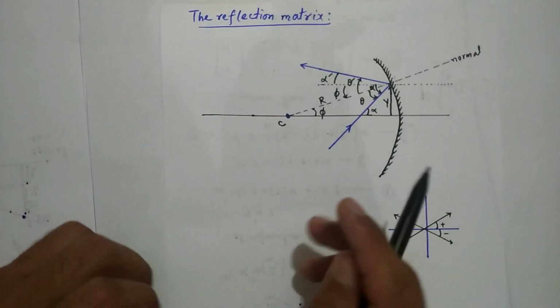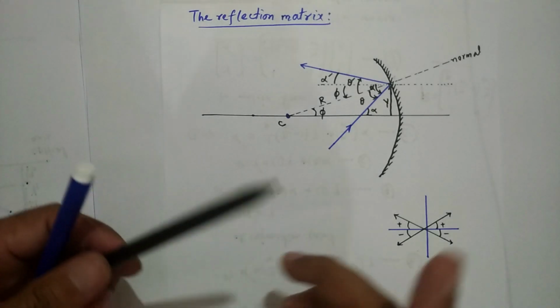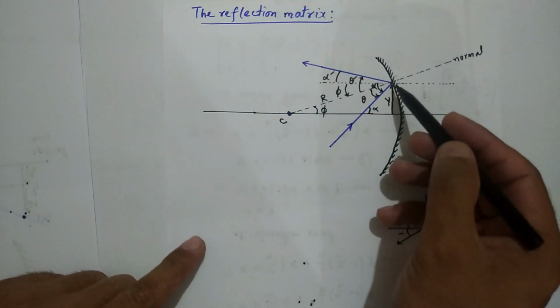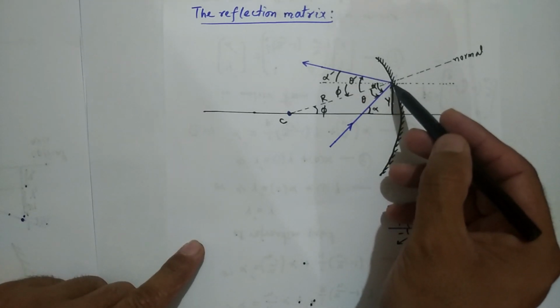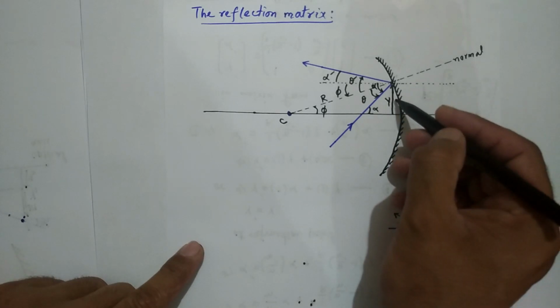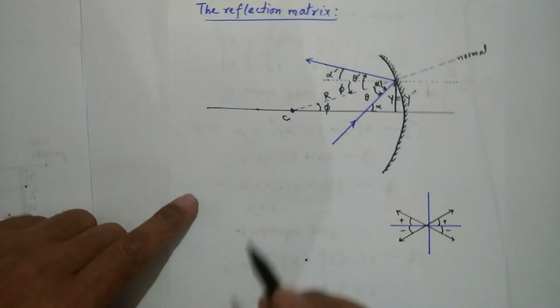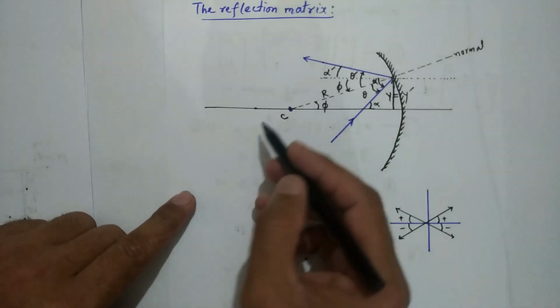Now we are going to find the final coordinates, which are y prime and alpha prime. Y prime is the height of the reflected ray from the optical axis. As you see, if this is the height of the incident ray from the optical axis, similarly the height of the reflected ray at the point of reflection is also y prime. This is the same, this is y prime. So first, now from the geometry